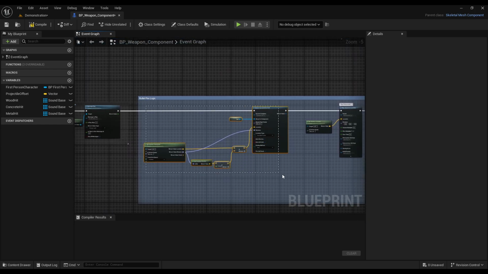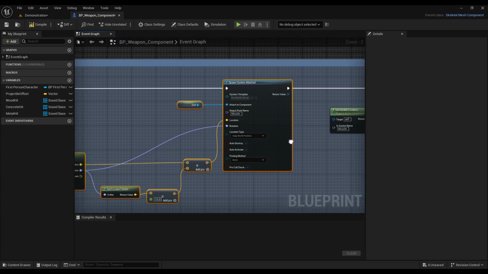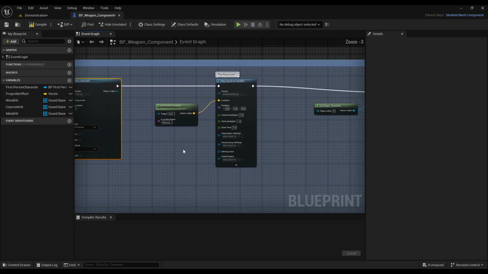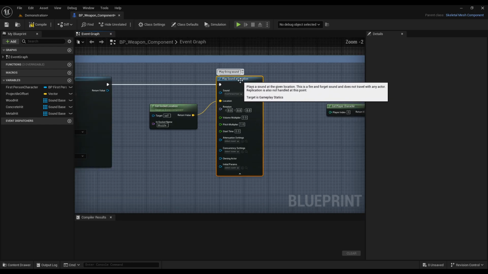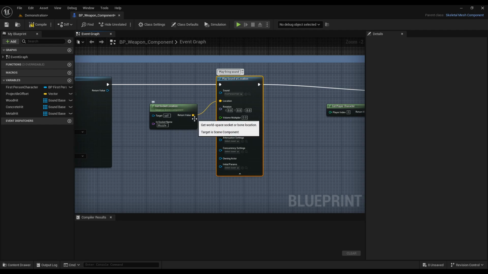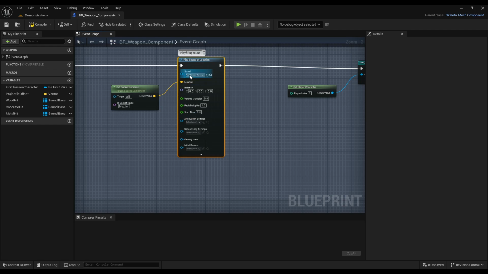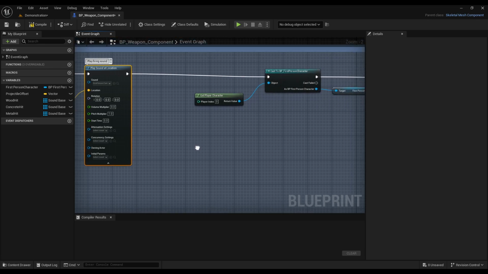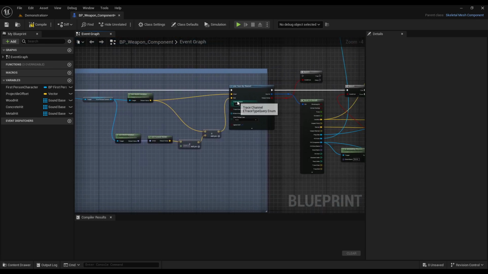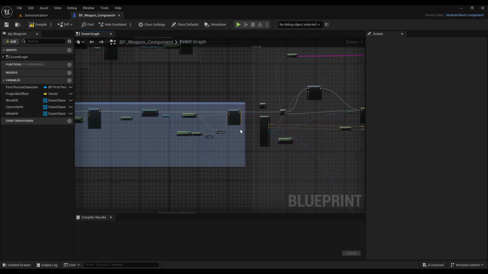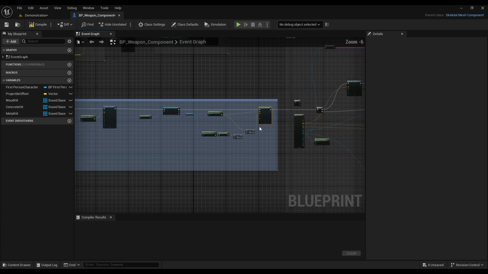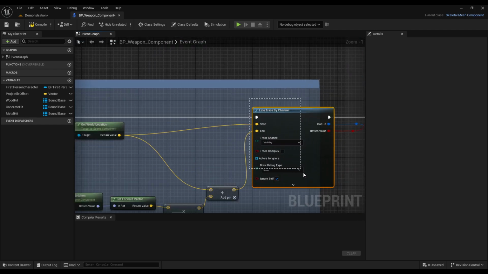So once we have the muzzle flash, I connected this Play Sound at Location, and here we just connect where we want the sound to be and which sound we want to be played. So it's just a firing sound, and then it's the Line Trace by Channel, where it will trace which surface it hits on. So for the Line Trace by Channel,